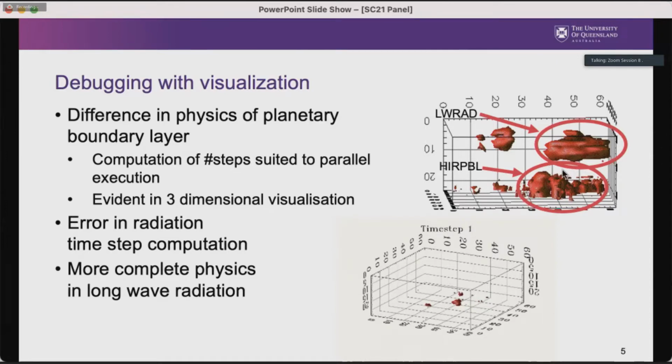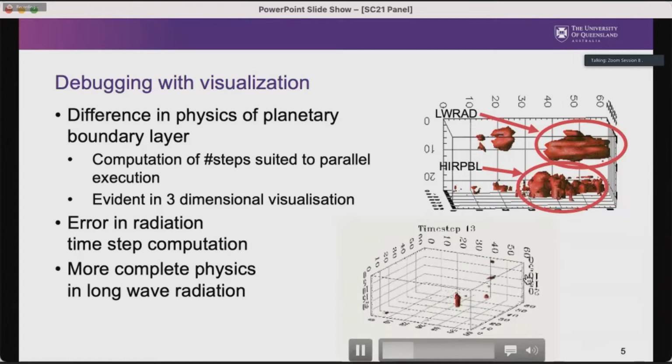So in the top right corner, I'm showing an isosurface of the difference between the temperature variable in two three-dimensional climate models. Okay, so we're not showing the absolute values of temperature, we're showing the difference between the two models. And then we draw an isosurface around it and say, show me everywhere the error is greater than a certain amount. Now, I took that picture and I showed it to a colleague who's a climate scientist, and he said, I don't think you've got one error, you've got two. And he said, because the physics that's going on at the top of the atmosphere, that blob at the top, is different from the physics that's going on down the bottom, and they're different pieces of code.